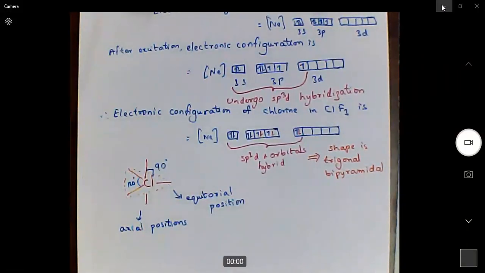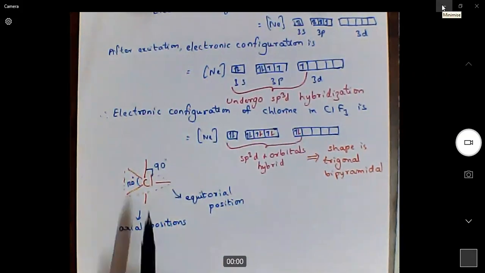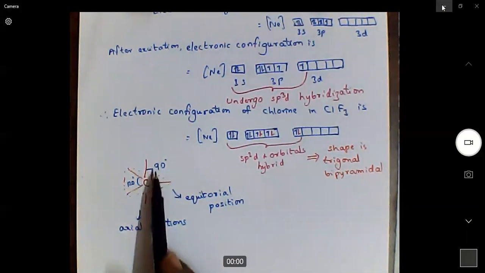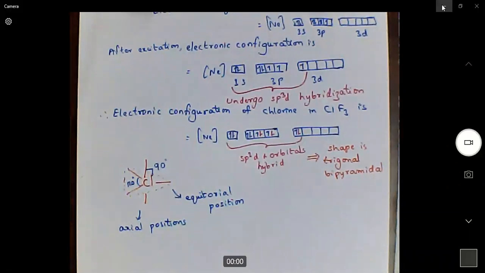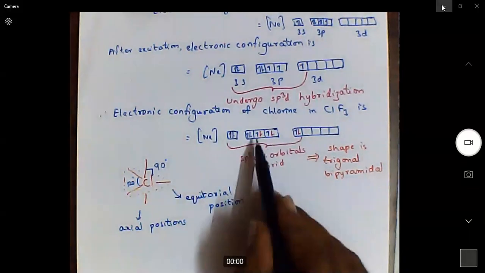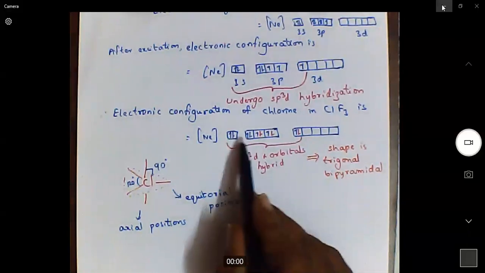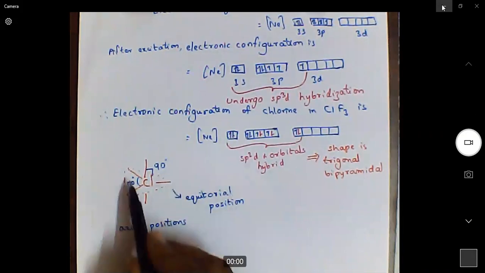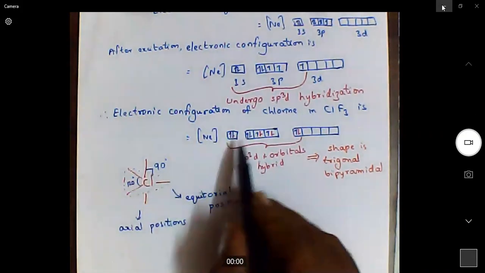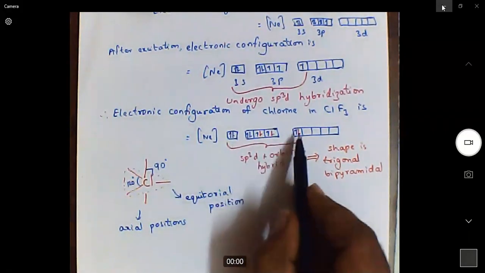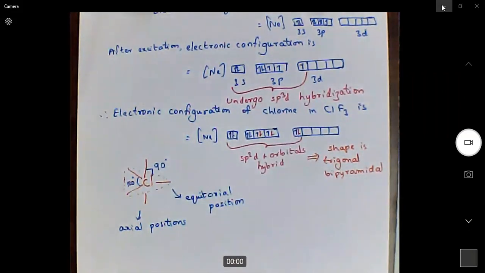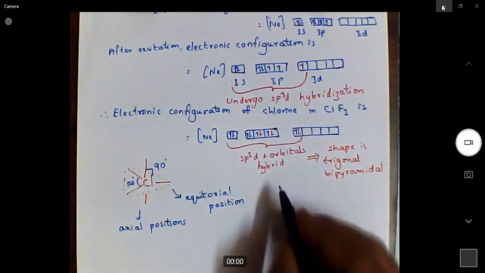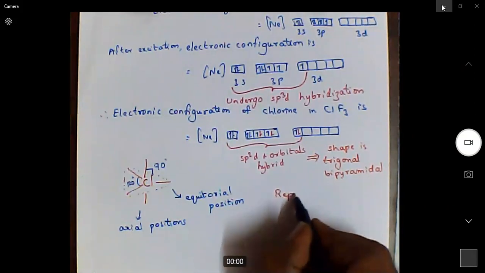Right. So the bond angle, we have two different bond angles, 120 degrees in the plane and 90 degrees out of the plane. Now we want to place three fluorine atoms and two lone pairs. See, this is one lone pair of electrons, this is another lone pair of electrons. So out of the 5 positions, we need to place two lone pairs and three fluorine atoms. Now, when we want to place lone pairs and atoms, we must always follow this rule. We must always look for the repulsions.